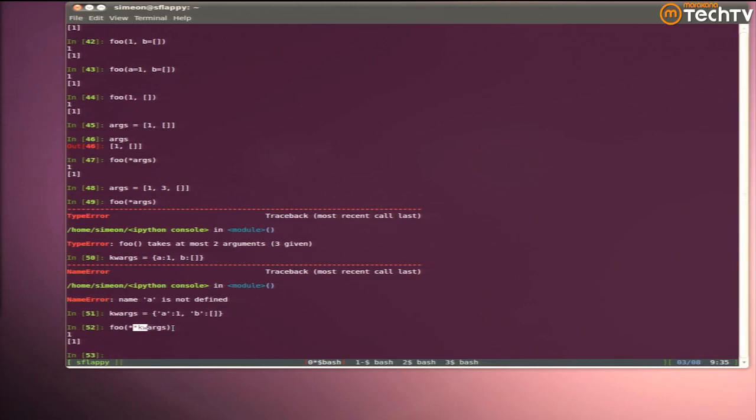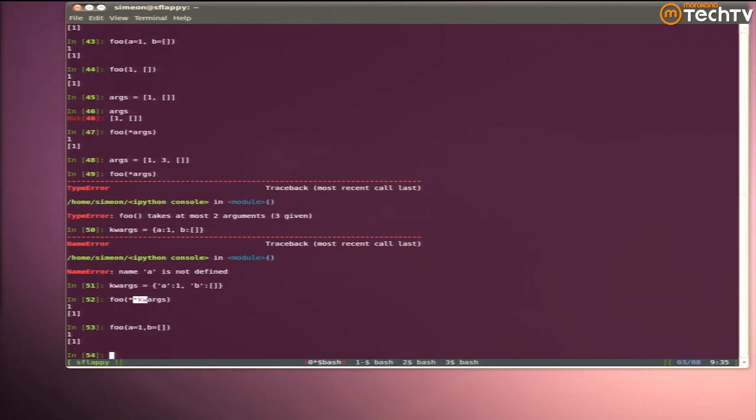And that foo star star keyword args is literally what it translated out to. Python unpacked my dictionary, used the name and value pairs to call my function with named arguments. And again,